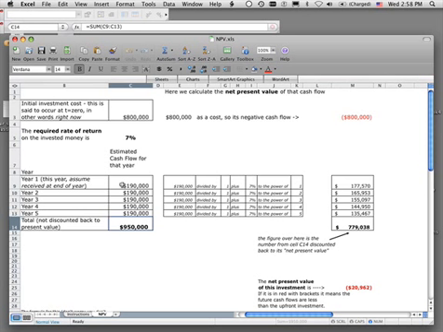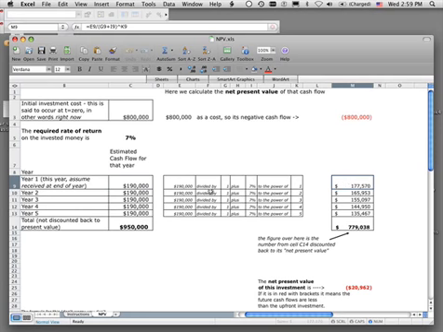The key thing I want you to take out of this exercise is the idea that money received further off into the future is worth less to me today. And so what we do is we perform some calculations. You don't really need to know the calculations for this particular course, but there are some calculations built into the spreadsheet. So what this says is, if my required rate of return is 7%, then $190,000 received at the end of year 1 is worth actually